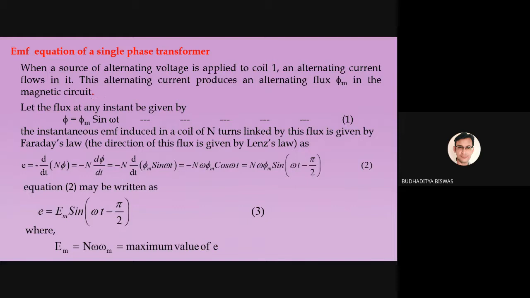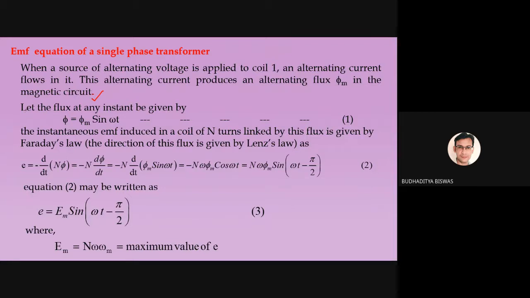So any problem up to the first paragraph? Winding is there. If we apply AC, the current will flow because the windings are closed, and it will produce some AC flux. Any problem in the first paragraph? No. Am I connected? Yes, sir. So this question you are able to answer, but when I ask, is there any problem? No answer. So no answer may mean that nobody can understand or everybody can understand.